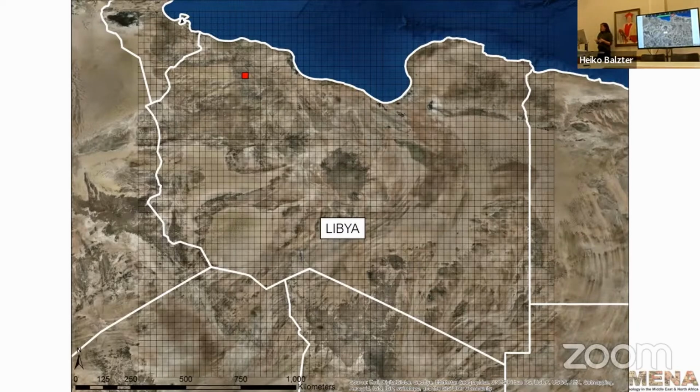So for our methodology, the AMINA project has divided the region into these grid squares that you can see on the screen, each of which cover a quarter of a degree longitude and latitude, which equals about 25 by 27 kilometers in size to conduct satellite imagery surveys. Now, if we just zoom into the square highlighted in red, just up here in the northwest of the country,